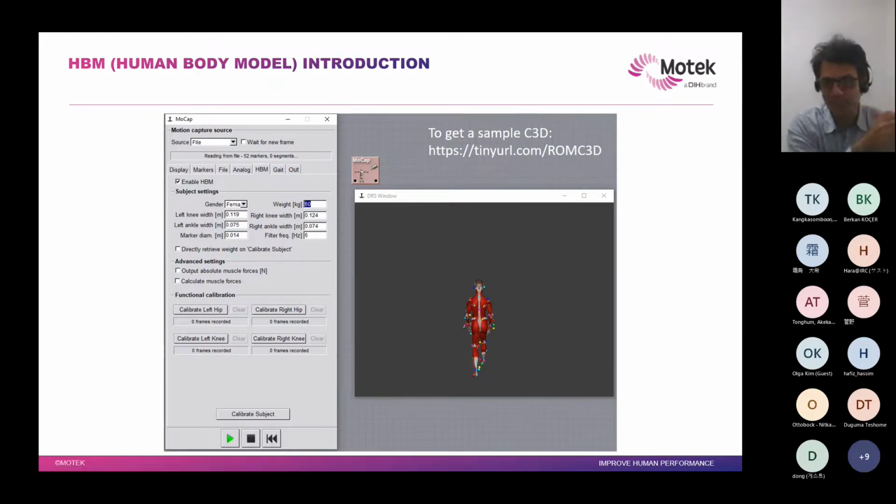For instance, the upper body has something like 800 muscle fascicles. So how can we really measure them? The only way at the moment is through computer modeling, biomechanical or mathematical modeling, so both mathematics and